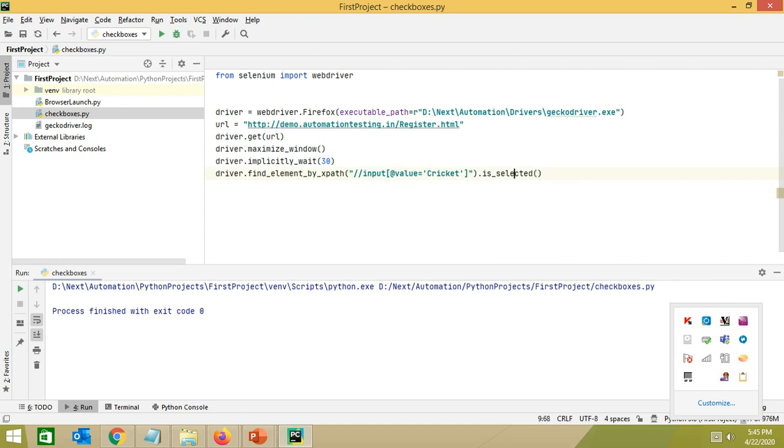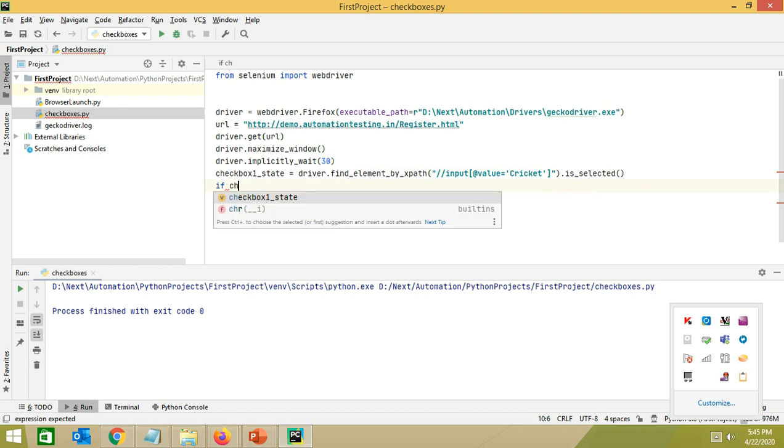For that we need to write is_selected and take this value in a variable, checkbox 1 state. Okay, so this checkbox 1 state variable will either have true or false, because is_selected will return a boolean value.